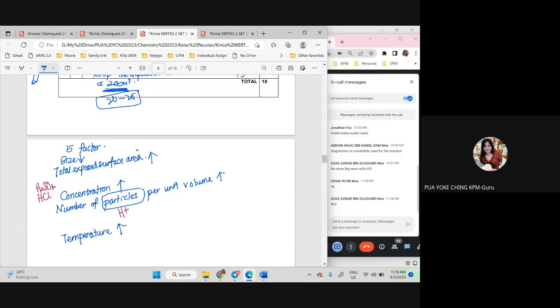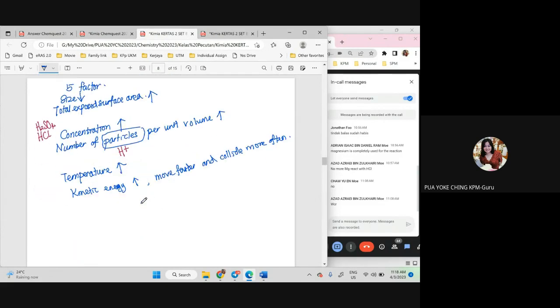The next one is temperature. Temperature tinggi, kinetic energy tinggi, and then they will move faster and collide more often. Okay, bergerak lebih cepat dan berlanggar lebih kerap. That one is temperature. Yang keempat,